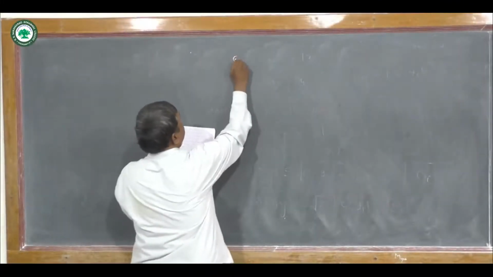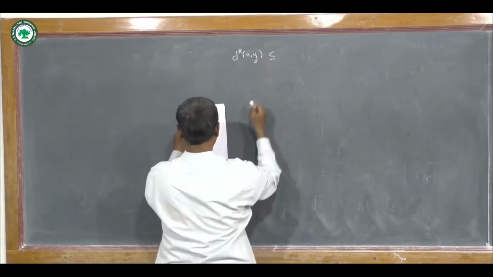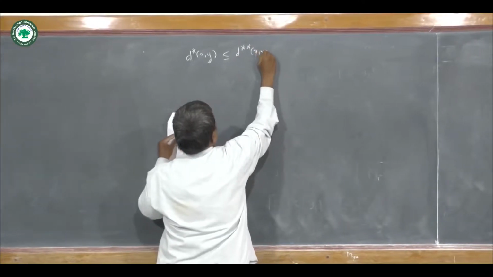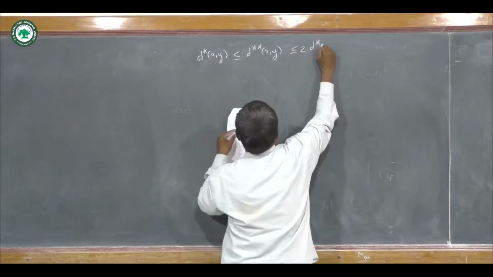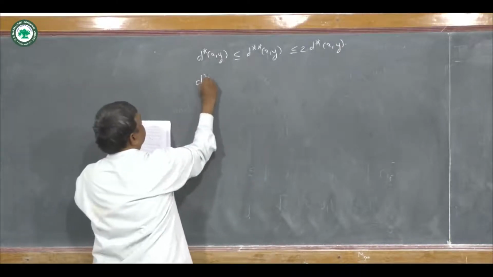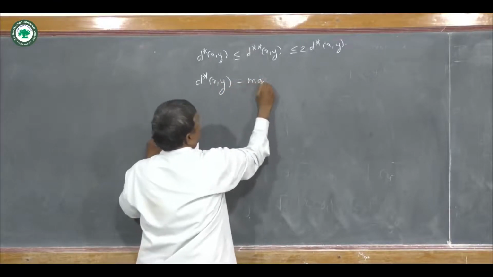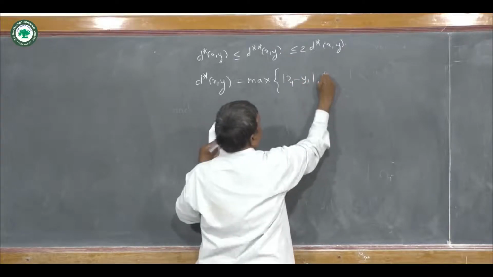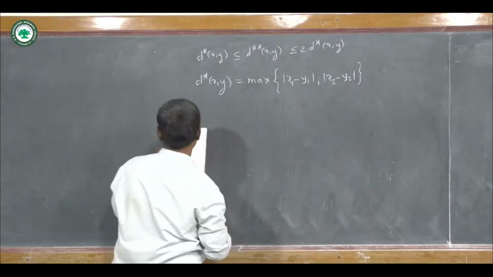Now we want to show that d star of x comma y is less than or equal to d star star of x comma y, which is less than or equal to 2 times d star of x comma y. Now the definition of metric d star is this: the maximum value of absolute value of x1 minus y1 comma absolute value of x2 minus y2, and